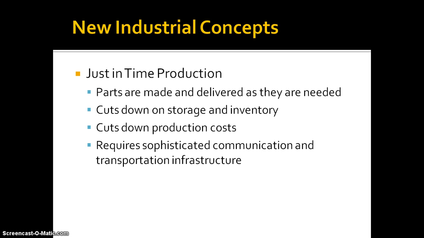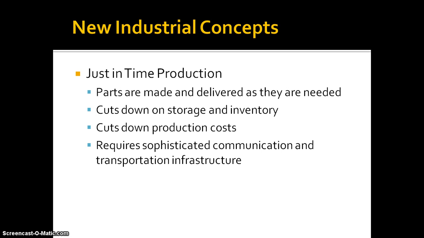The next one was called just-in-time production. Now this really has nothing to do with economic theory or structuralism or anything like that. This is just one of the new concepts that's actually being used within industrialization in our modern world. And this is a much more streamlined process. So basically what happens in just-in-time production is that the parts that are a part of the industrial process are no longer mass-produced and stored at the production facility. Instead, the parts are made and then they're delivered to the production facility as they're